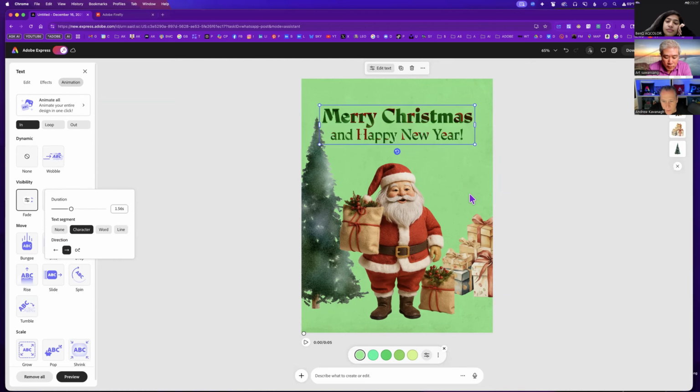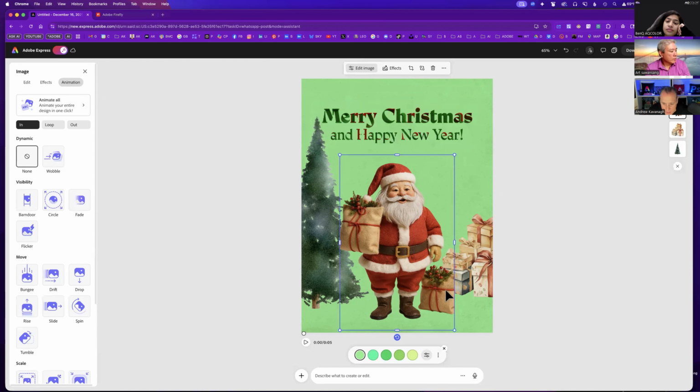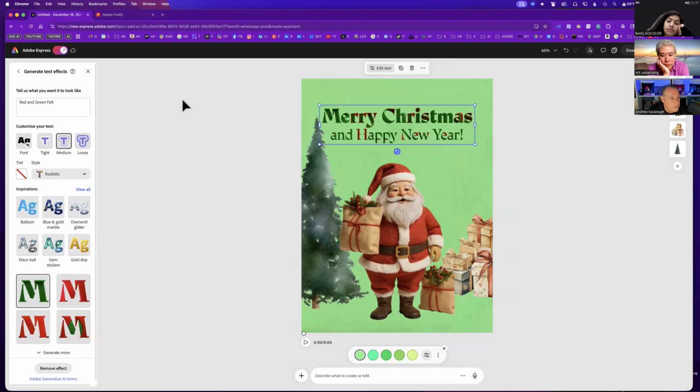And then if I had independent packages or toys or presents, I could click on them. I think this is part of the Santa image, and these are a grouping. But if I had independent or individual presents, I could click on them and then animate those. So once you've done that animation,